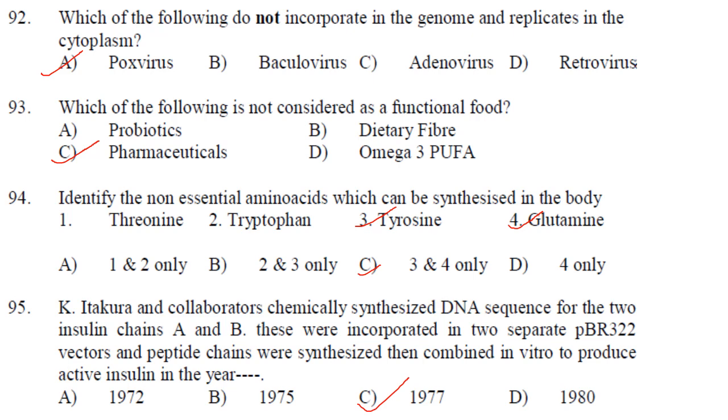Identify the non-essential amino acids which can be synthesized in the body. So they are tyrosine and glutamine. So 3 and 4 only. The answer is option